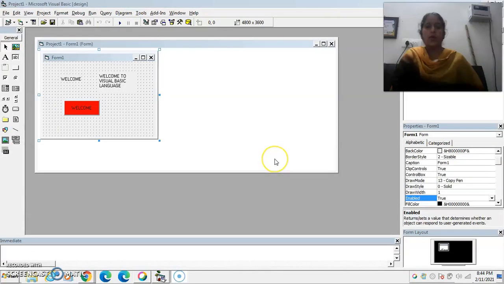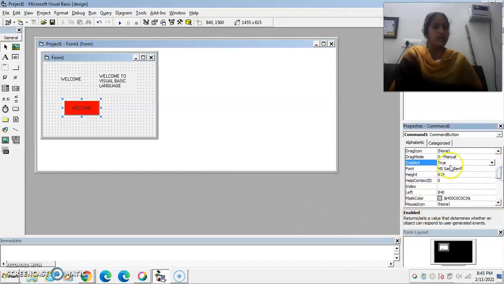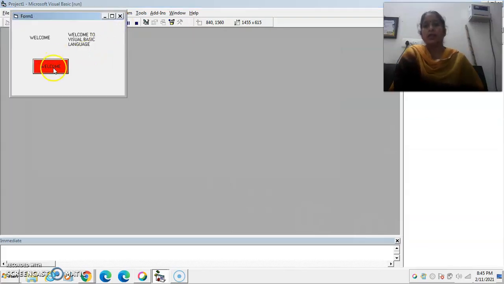Now the important property of the command button is the enabled property. If you want the command button to be active during runtime, then set the enabled property to true. If it is false, then our command button is not active during runtime. As you see on the screen, the enabled property is by default set to true. Now run this application. Now you see this command button is active during runtime.